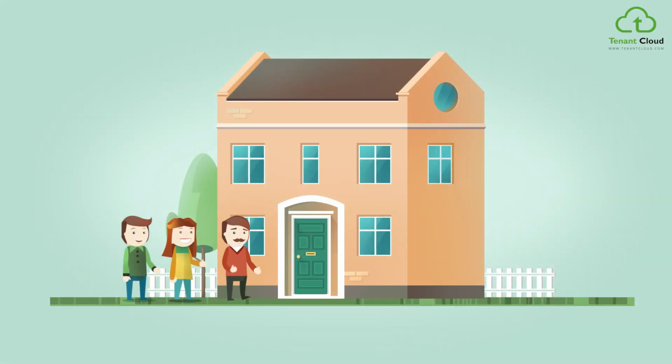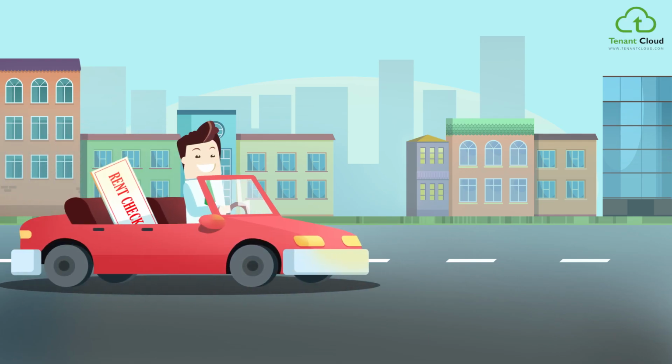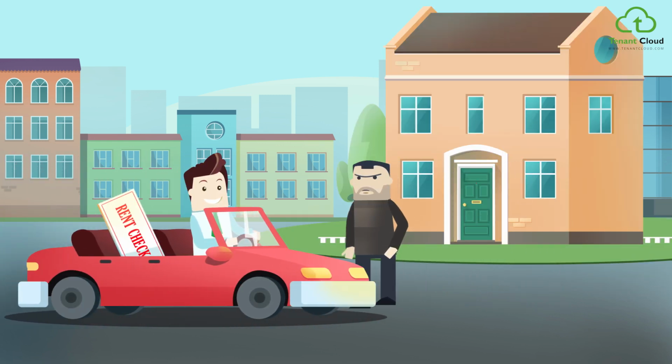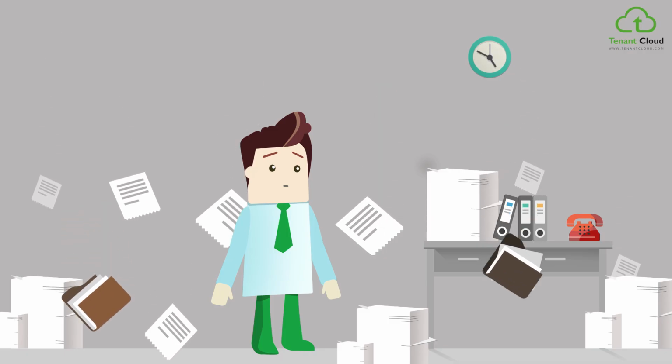Being a landlord is a great way to earn some extra cash. Purchase a property, rent it out, and repeat until you have enough properties providing a steady cash flow of income. It sounds simple, but the reality is, as a do-it-yourself landlord, you spend most of your time chasing down rent checks, finding what you hope are good tenants, sifting through scattered paperwork, and dealing with maintenance requests that can be,